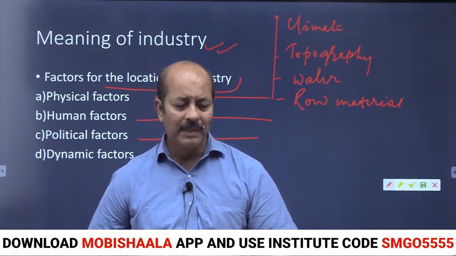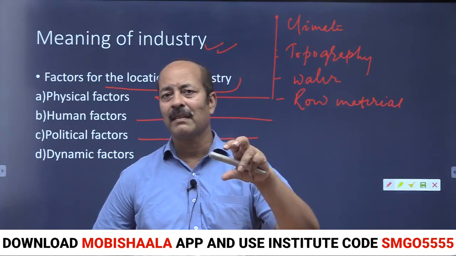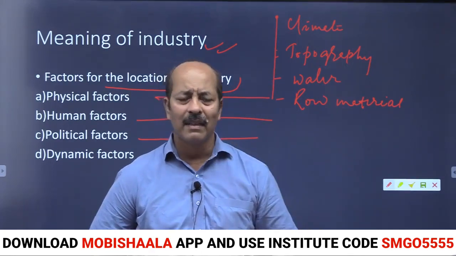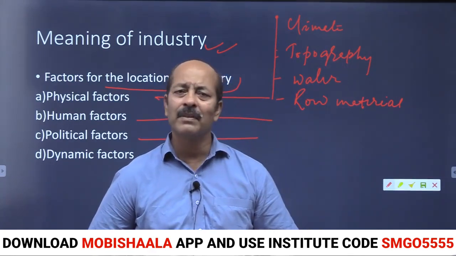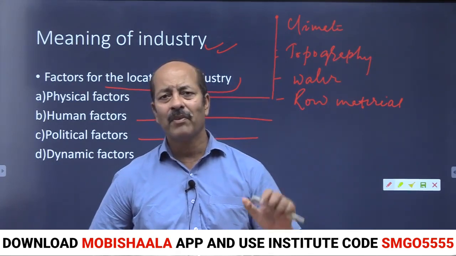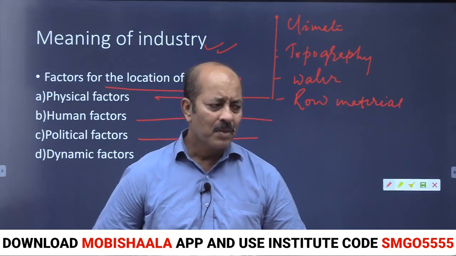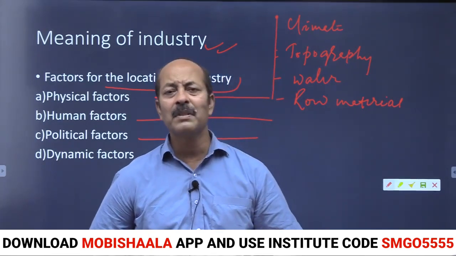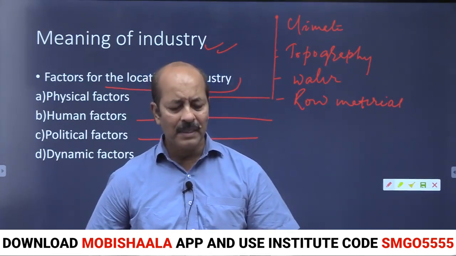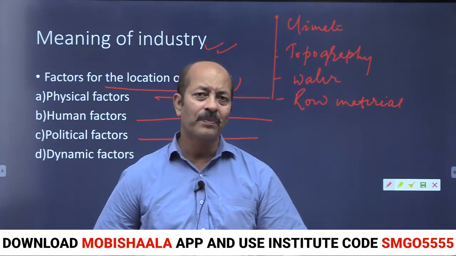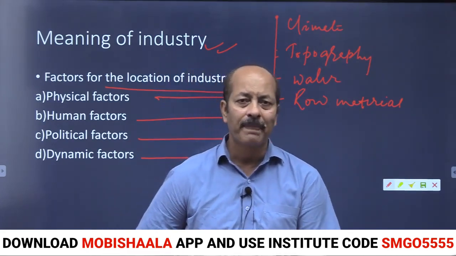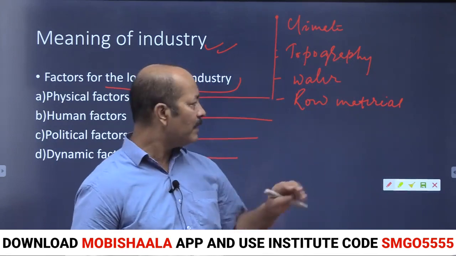The second thing we will find, the Great Lakes area of America has a number of industries. The Great Lakes area of USA is known for heavy industries. Industries need a huge amount of water. That's why industries are located close to the source of water. So it is very clear, you may have written it down.